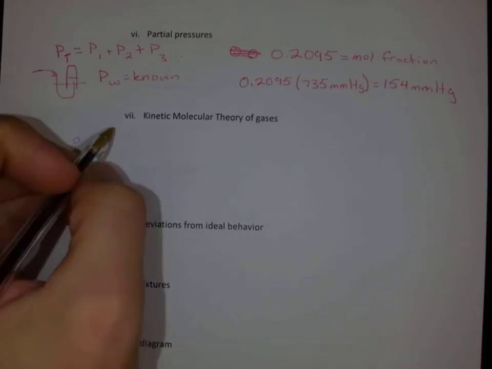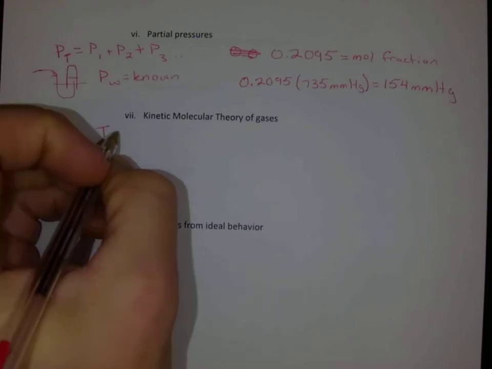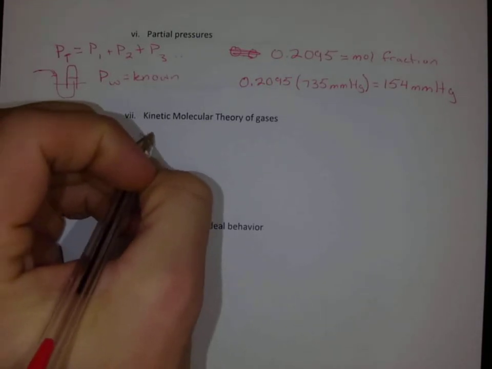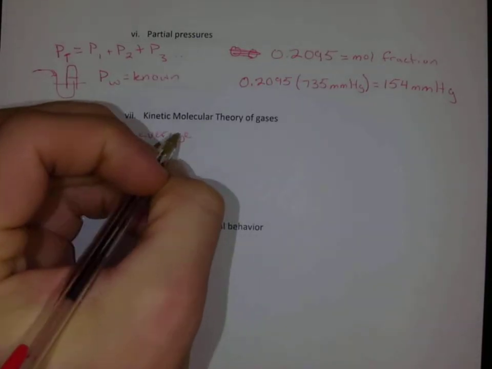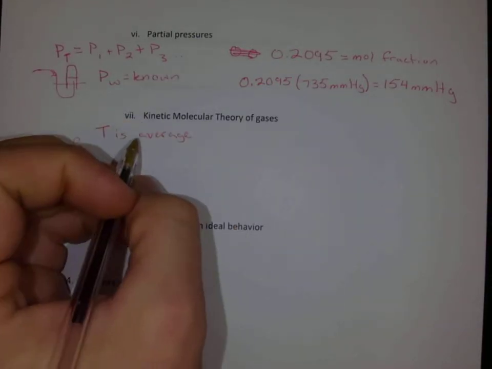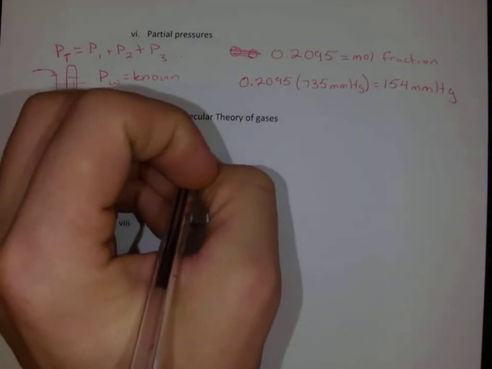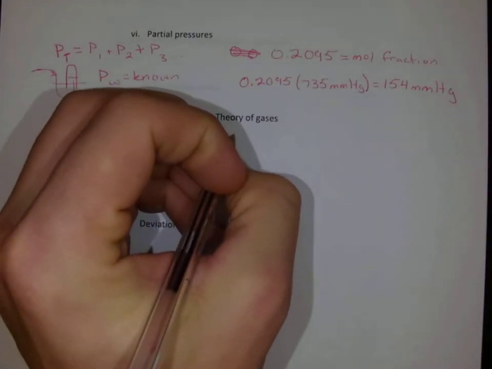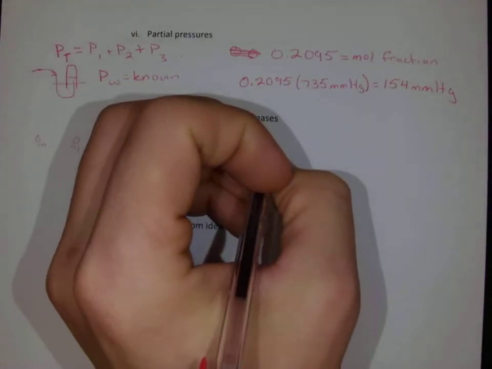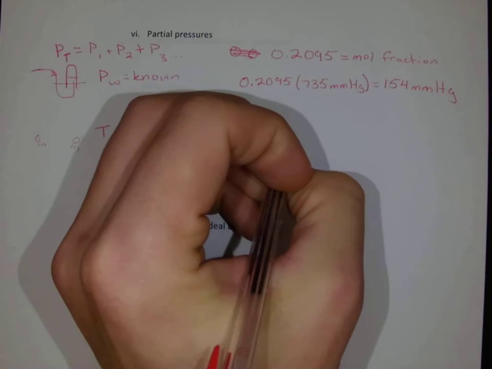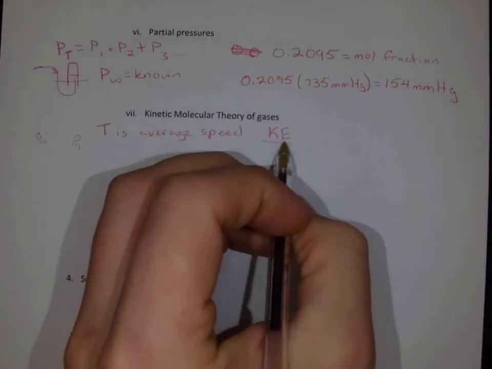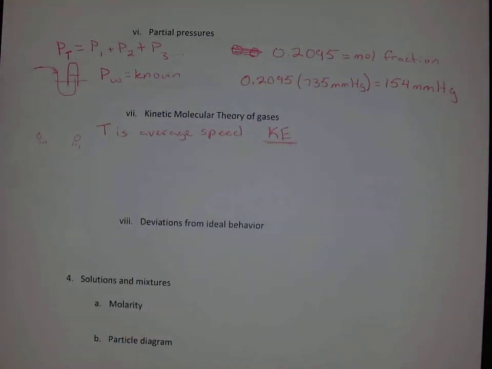And it turns out that our temperature is an average. Okay? So temperature is really a representation of the average speed of our particles. Temperature is a measure of the kinetic energy, but it's an average kinetic energy of our